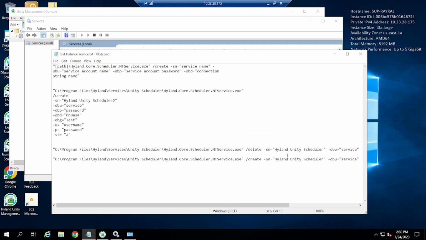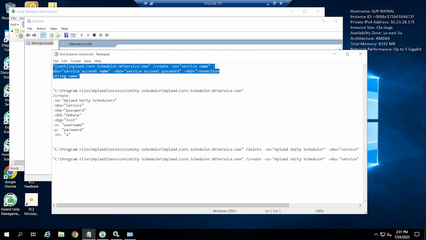We can copy the command line in the Unity Scheduler MRG, which is the /create command. Let's copy this into a text editor, as it is easier to do so rather than adding the entire command to the command line. So these are the bare minimums when creating a service for the task scheduler, and if you'd like to add more information, please follow the Unity Scheduler MRG. So I copied it exactly from there.